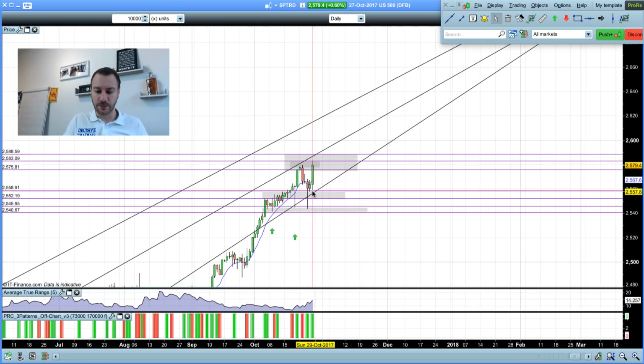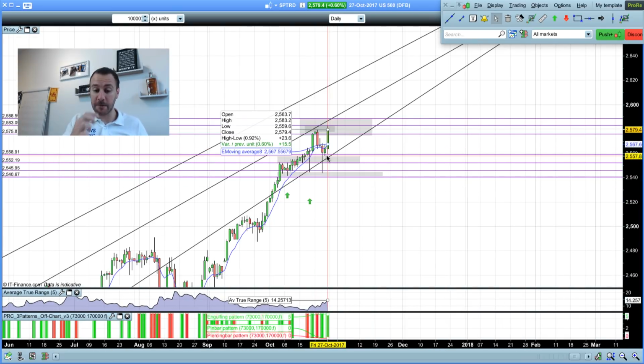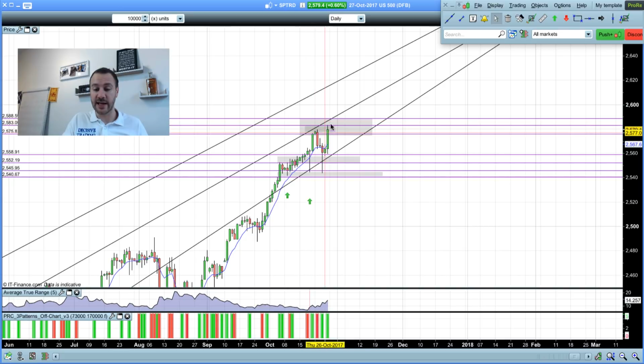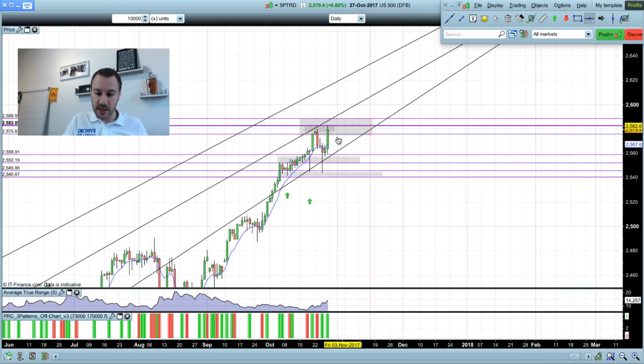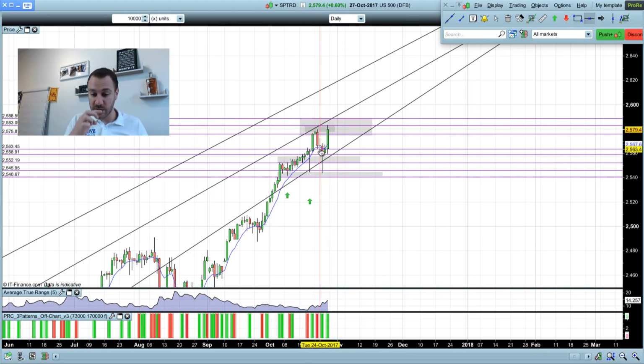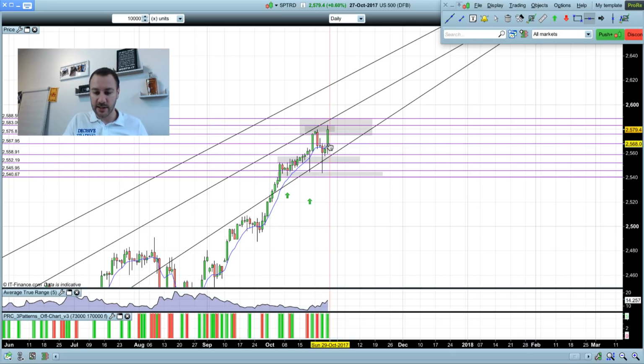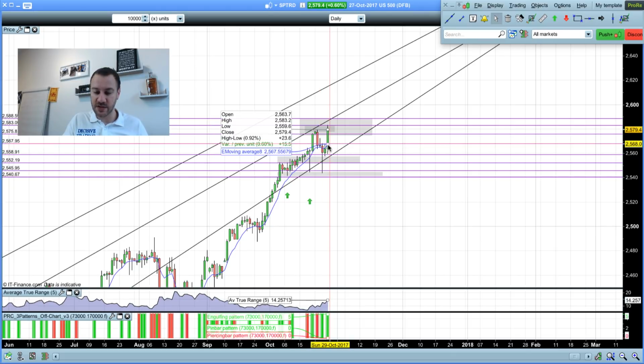Okay, so in honesty, these are the main levels I am looking at going into next week. We have the key resistance right here. If we start to break up above those levels, very good to look for bullish continuation. If we continue to fail it here, looking for resistance, and certainly a move back down into at least retesting the spike up at 2572, but likely down toward 2568 to